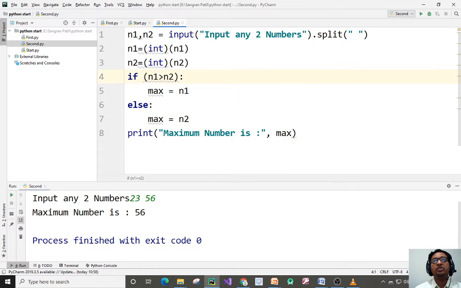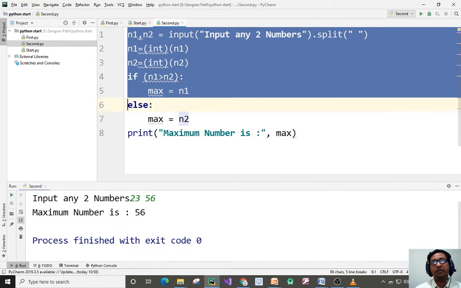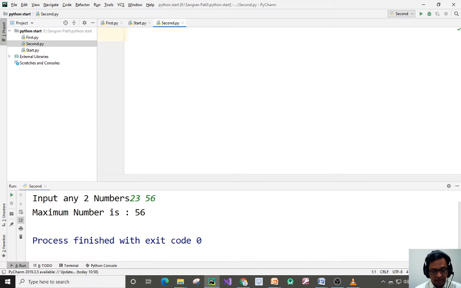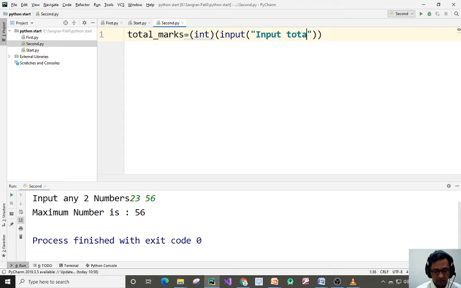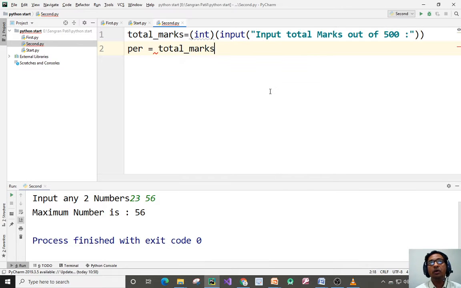If you check this program of C programming, I want to read total_marks as int input, then I will calculate the percentage equal to total marks divided by 5.